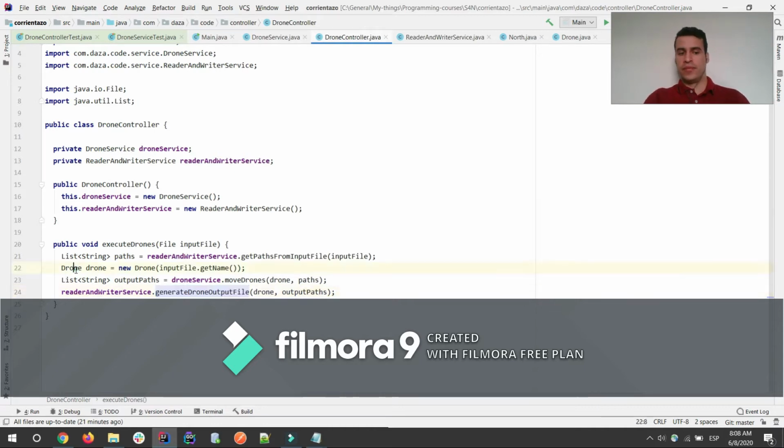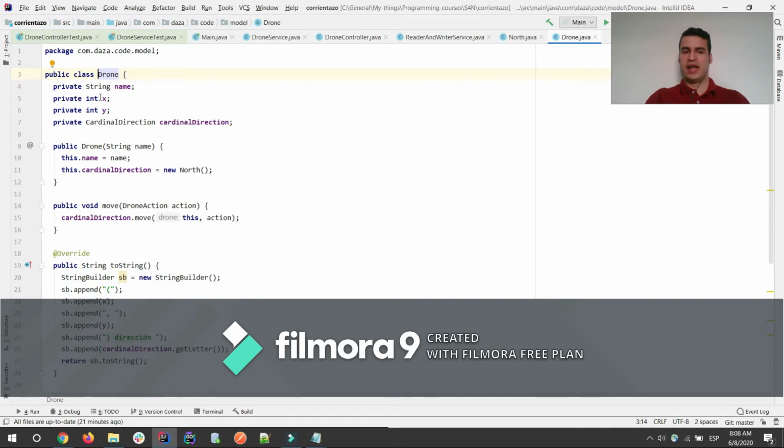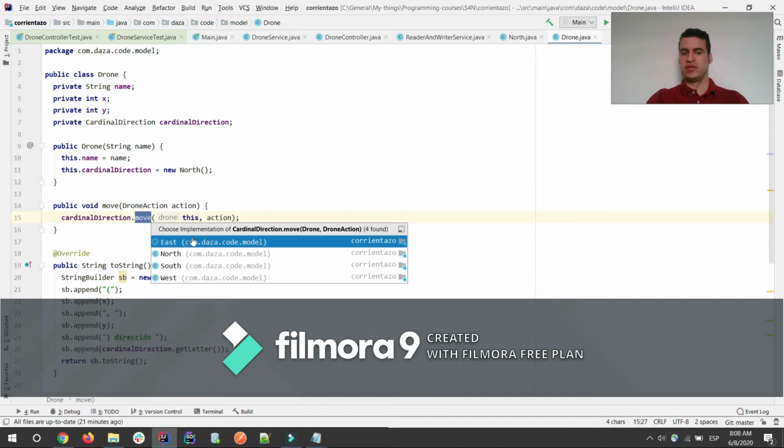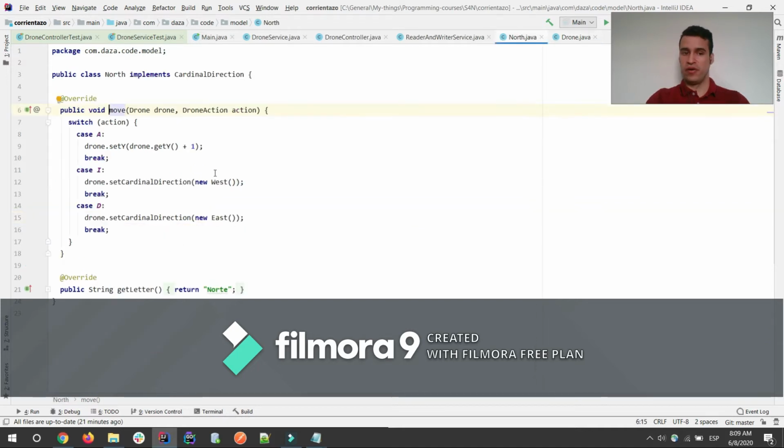But what is a drone? A drone is a class that has a name, x and y variables to move in a Cartesian plane, and it has a cardinal direction that works like a strategy. This is an interface, and its implementations move the drone in different ways. The implementations are east, north, south, and west. For example, north takes the drone and the action, and it's going to move the drone in different ways according